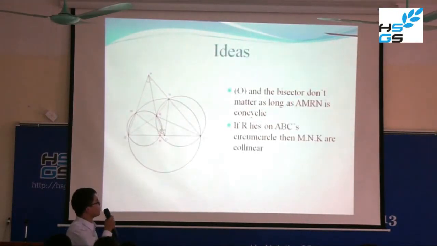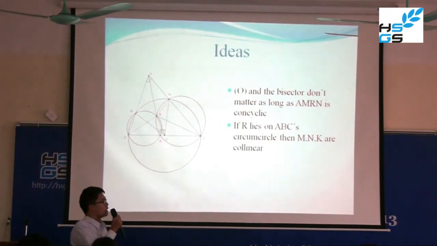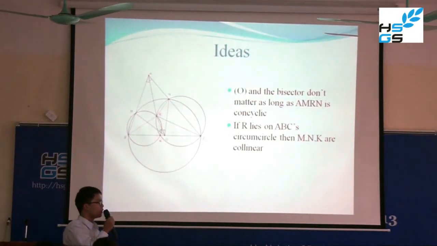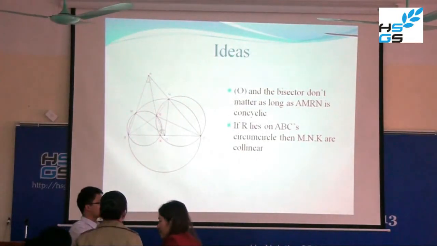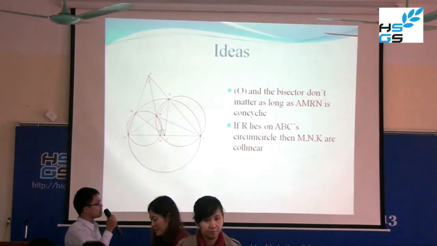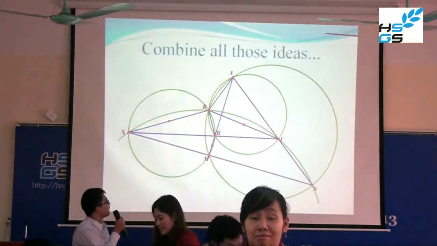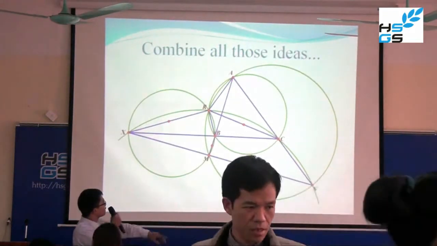Also, here is the idea. We don't have to care about O and the bisector. We only see that the key is that A, M, R, N is cyclic, and if R lies on the ABC circle, then M, N, and K are collinear. This is the famous Simson line. And to sum up all those ideas,